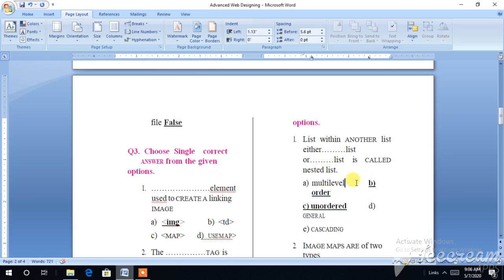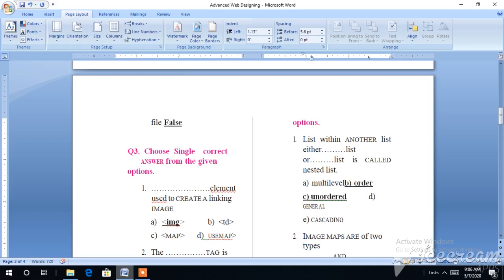Understand? Ordered list and unordered list. So better understand these things. We do use ordered and unordered.